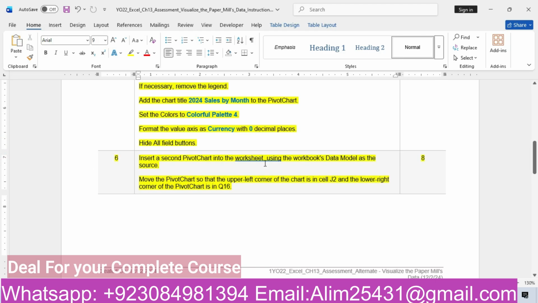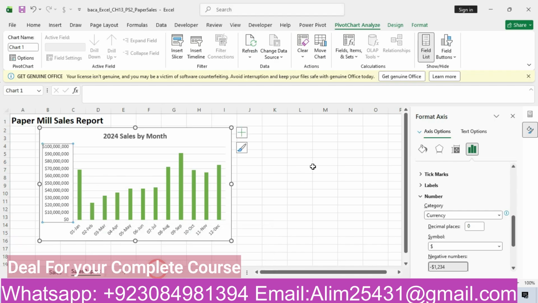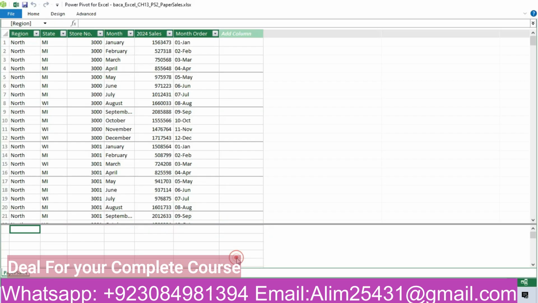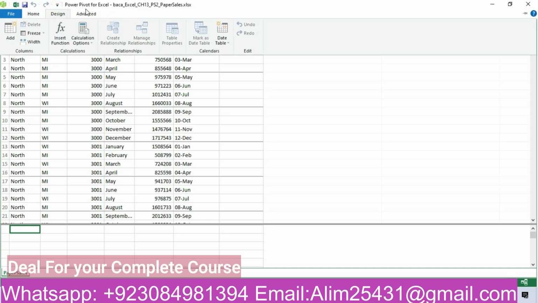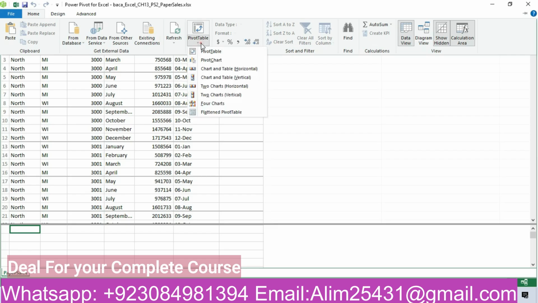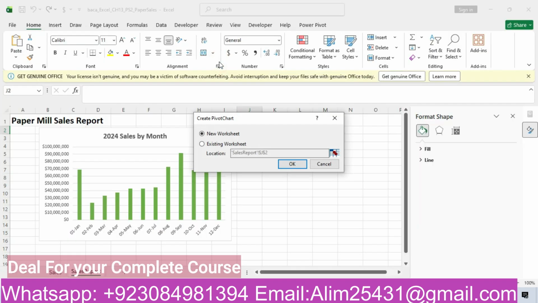Insert a second pivot chart into the worksheet using the workbook data model as the source. Move the pivot chart so the upper left corner is in the cell J2 and the lower right corner is in the cell Q16. So we will go to the J2. That's our cell J2. We will go to the home tab, and in the home tab we will select the pivot table and we will select the pivot chart and select the existing worksheet and in the cell J2 we will press